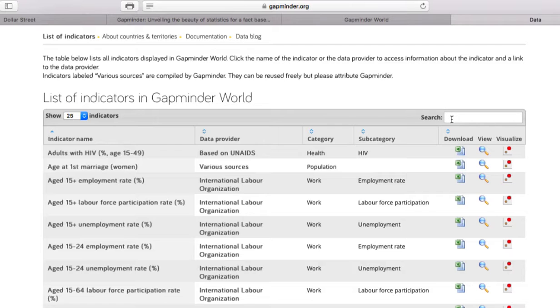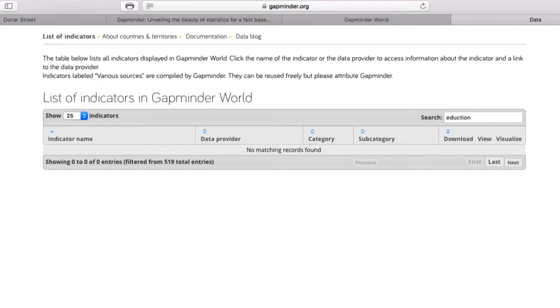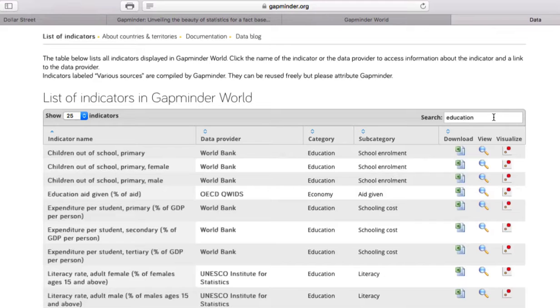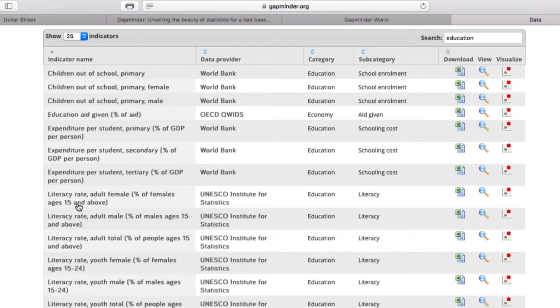Now let's say you want to look at education. Education, let's spell it right and you get more data. All right, so you find whatever you want to use. Literacy rates for adult females ages 15 and above. All right, so let's say that's the piece of data that I want to use. Now you have some choices when you use Gapminder. You can get an Excel spreadsheet, you can go to Google Docs. This one here represents visualizations, and this is what you have to produce as a link for me.